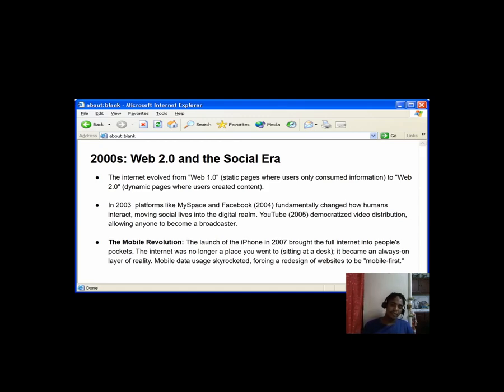2000s, Web 2.0 and social media. The internet evolved from Web 1.0, static pages where users consume information, to Web 2.0, dynamic pages where users create content. In 2003, platforms like MySpace and Facebook in 2004 fundamentally changed how humans interact, moving social life into the digital realm. YouTube in 2005 democratized the video